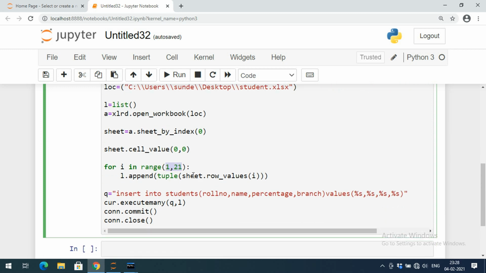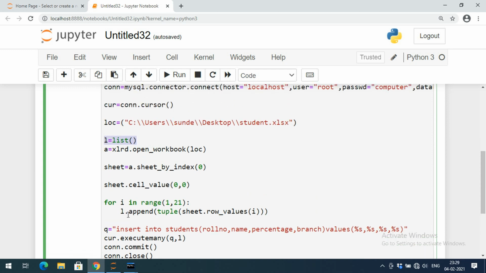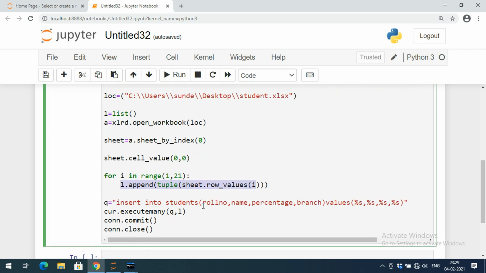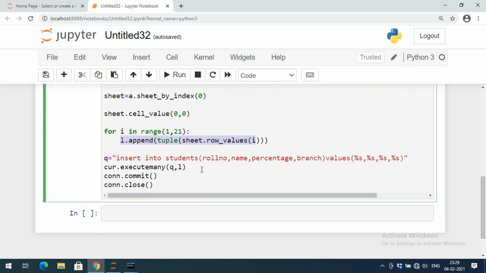And here we'll get each and every row by using row values of this i, and then that should be in the form of a tuple. Because in the insert query we need to give the record in the form of a tuple. So I have converted each record into a tuple, because it will be in the form of a list, and I have converted it into a tuple. And if you want to insert more number of records at a time, we have to pass that in the form of a list of tuples. So that's why I have taken the empty list and I have appended each and every tuple, so that we'll get the complete tuples in a list.